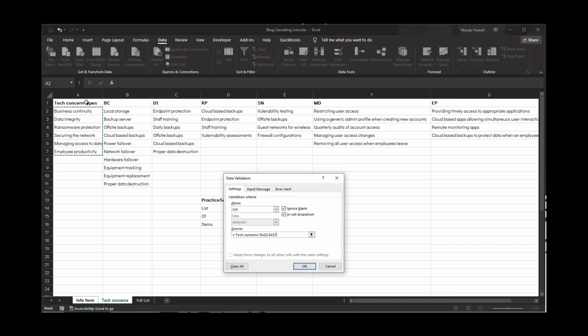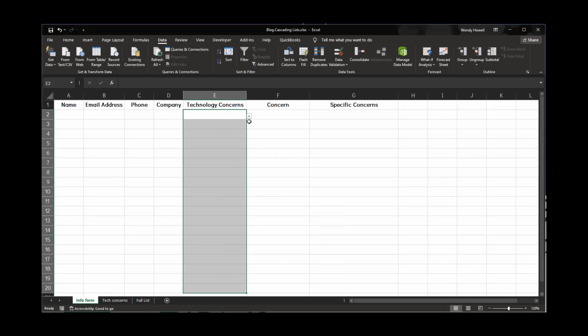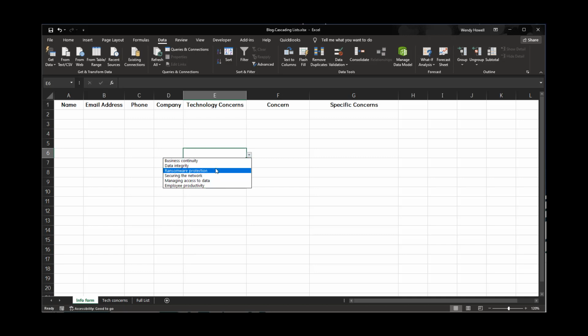Be sure you don't grab the title. That's just for you. That's not for this. And so then you can see in here, it's done absolute references to those cells to grab those different categories. I'm going to say OK. And now you can see I've dropped down list, so I can click in here, and I'm worried about ransomware